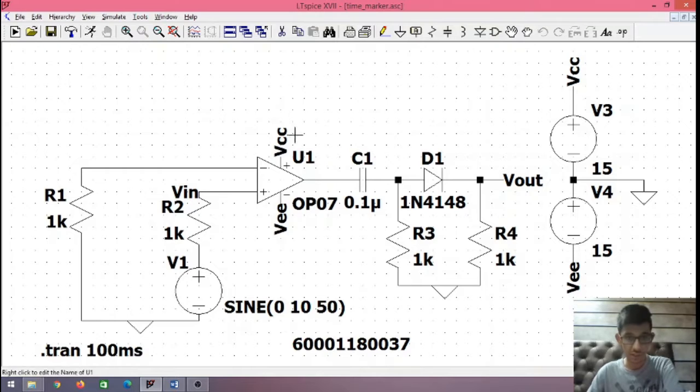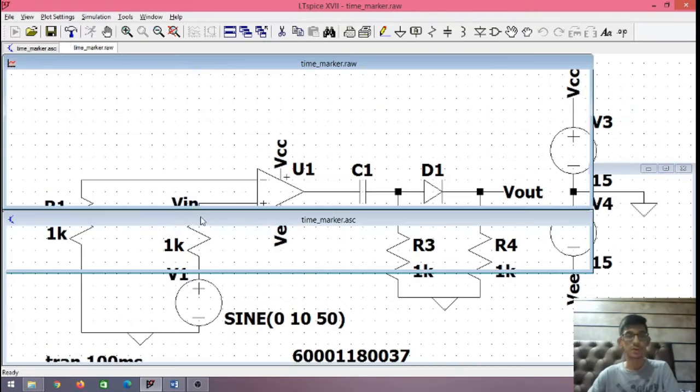This is the zero crossing detector, which gives us half signal, half positive, half negative for Von and Voff. And I have passed it through a differentiator, which will give us an output as spikes. And then I have passed it to D1, which will eliminate all the negative spikes, and we will get only the positive ones. So let's run it and see how it works.